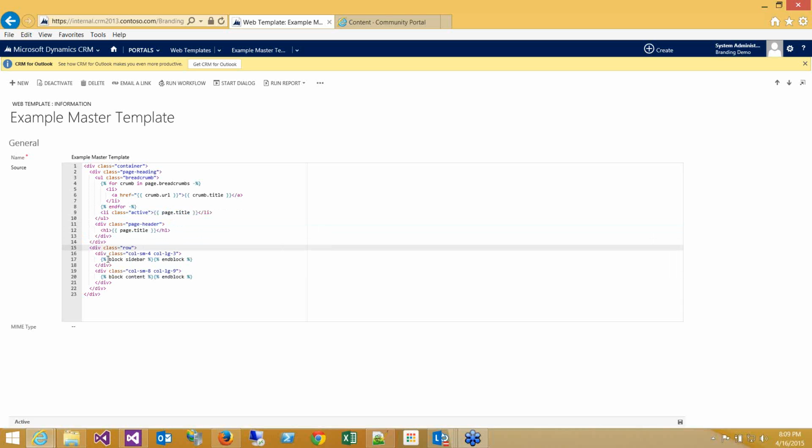Beneath that, we're going to create a block for our left column and a block for our right column. So we use this block keyword, then we give the block a name, and then specify where it ends. I can also put some markup within here, which will be the default should someone not specify that block on a child page. So once we have our master page set up,